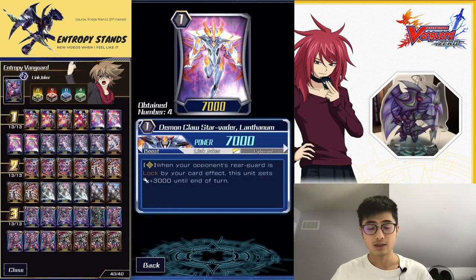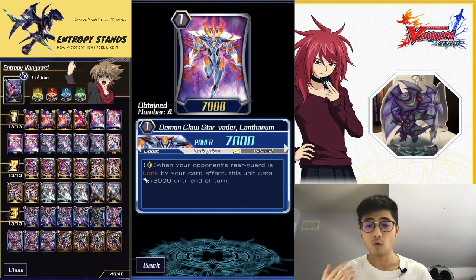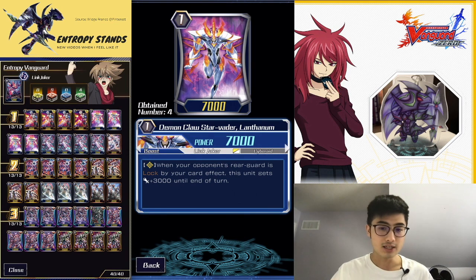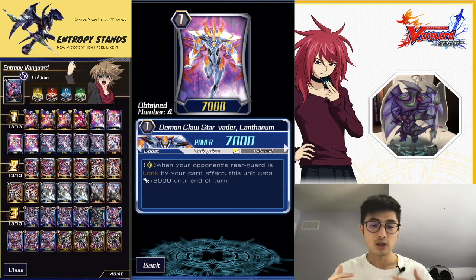Play 4 Lanthanums. Lanthanum, Demon Claw, Starvader, Lanthanum. I think you're going to be playing this at 4 for either build. Rearguard Circle, when your opponent's rearguard is locked, you get to +3. This card is really, really important in this build because you're going to be playing extremely aggressively. Sometimes because of this aggression, you're going to run out of steam. And during your final turns, when you're at 4, when you're at 5,